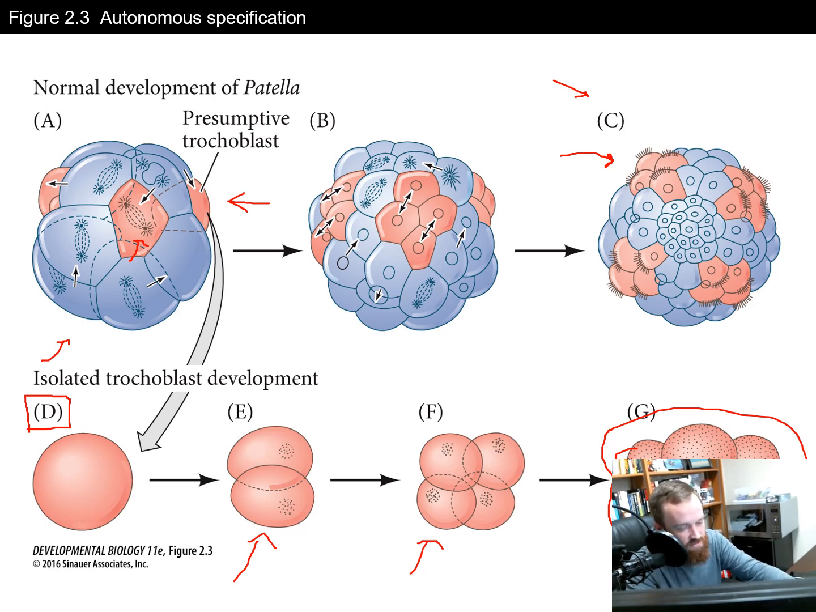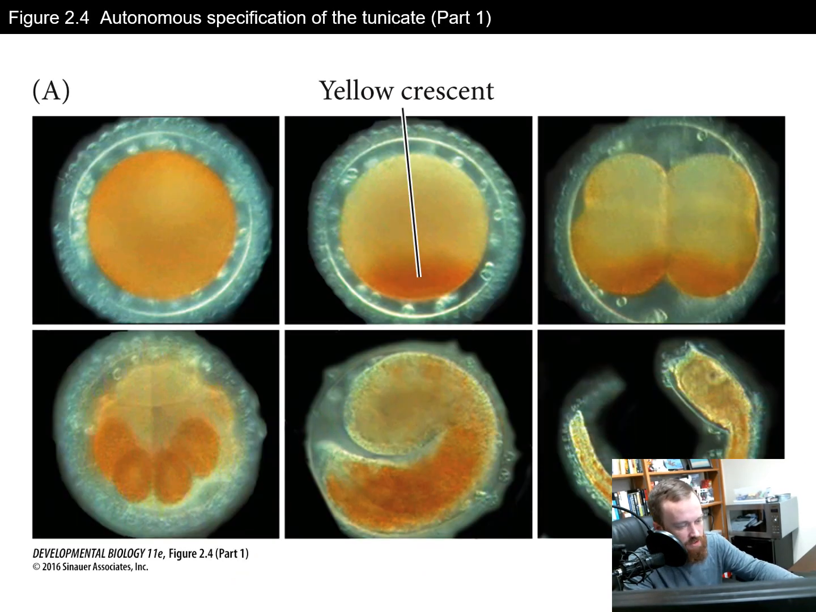So remember, specification is where you are destined for something but haven't fully committed, and determination is where you have fully committed to becoming whatever cell type, and your neighbors have no influence anymore. As we talked about in the previous chapter, Conklin, the developmental biologist, noticed that some of these cells have